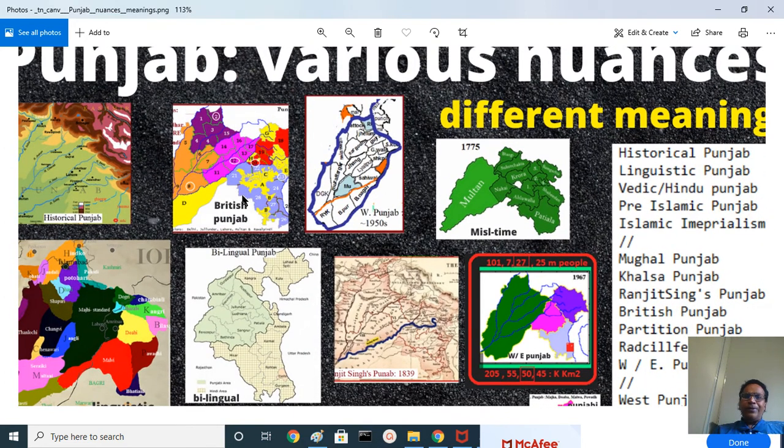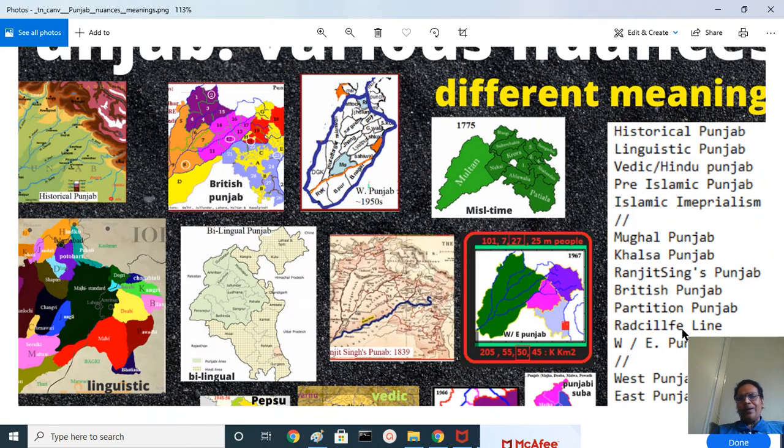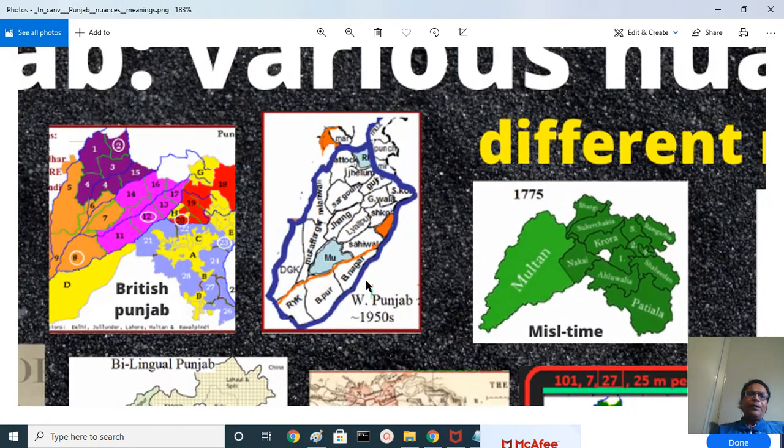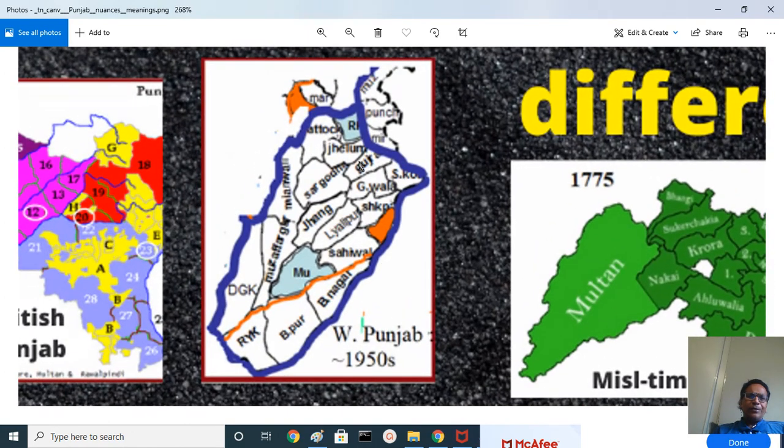And we have now the Radcliffe Award, a Radcliffe line, and we have West Punjab and East Punjab during 1947. The West Punjab at that time, the districts almost exactly British Punjab, this is the Sutlej River, and we had Rawalpindi division here, Attock, Rawalpindi, Jhelum and Gujarat and Sargodha, and Multan division, this is the Dera Ghazi Khan region, and Muzaffargarh, Multan and Jhang, and Lahore division, that is Lahore and Sheikhupura, Gujranwala, Gujarat and Sialkot, and Lyallpur or Faisalabad. In the Lahore division,